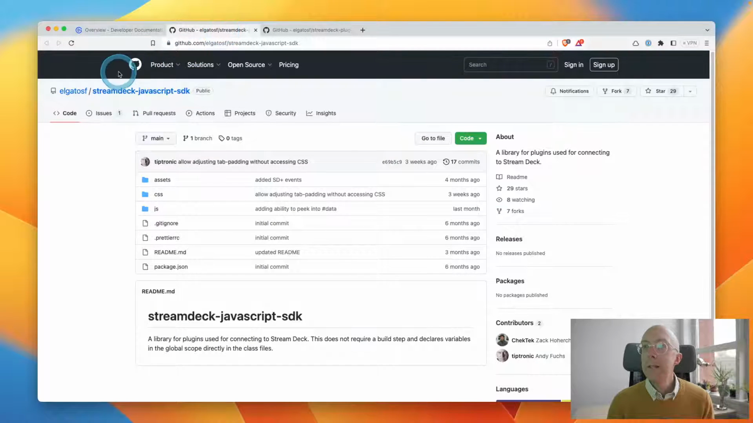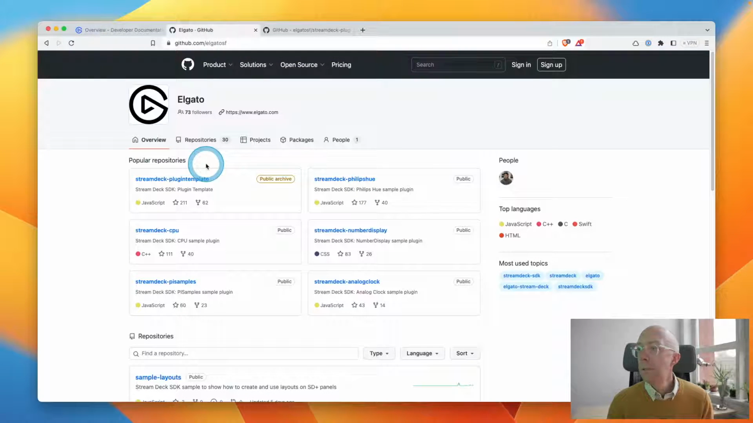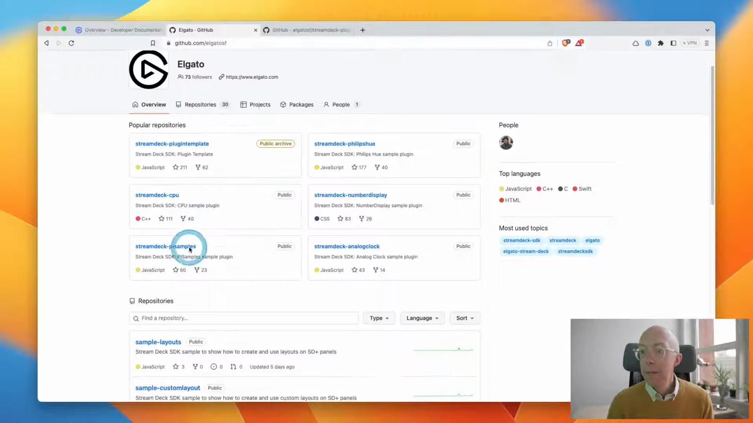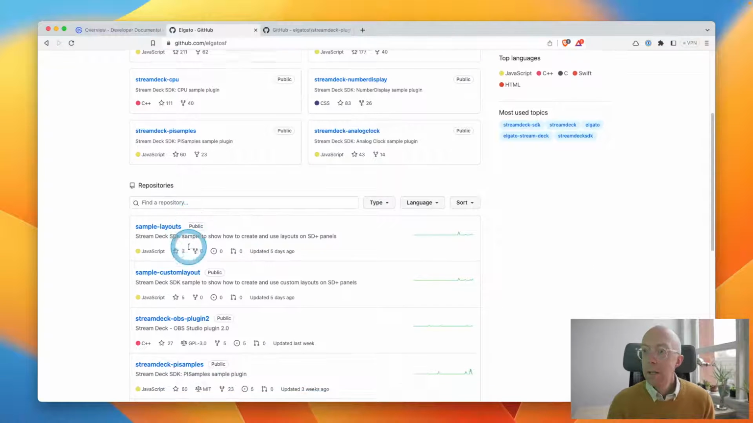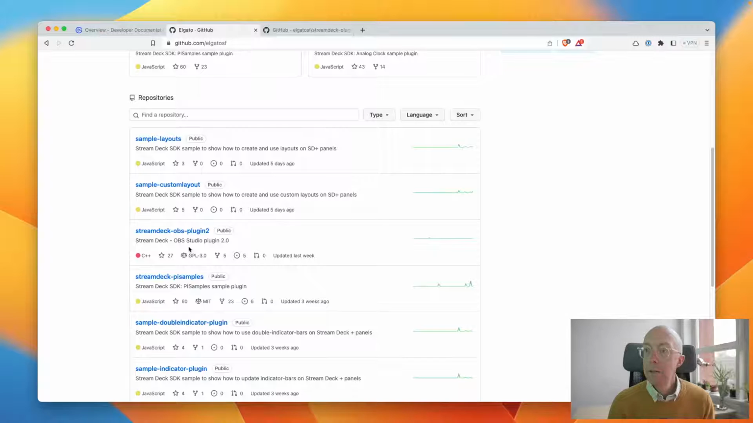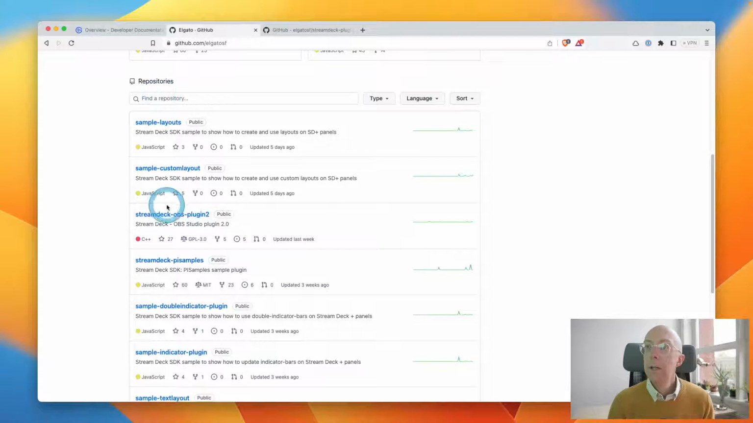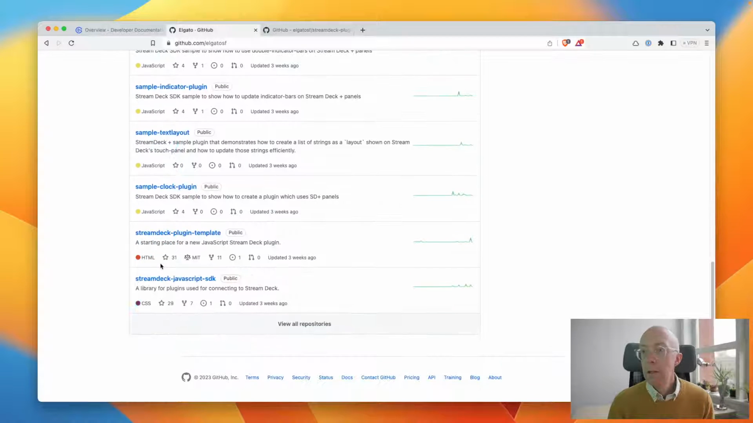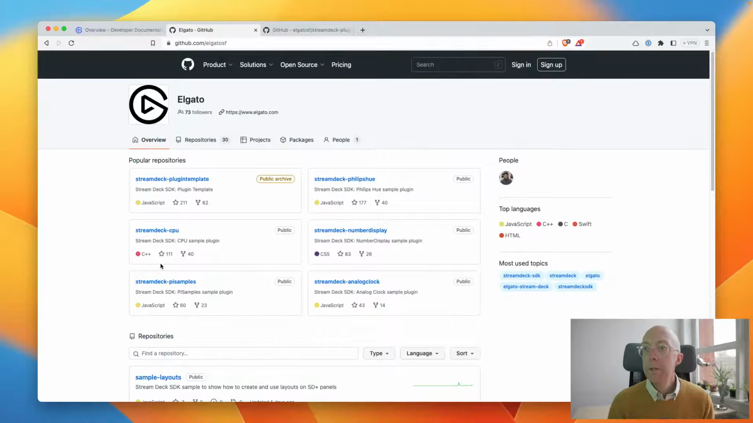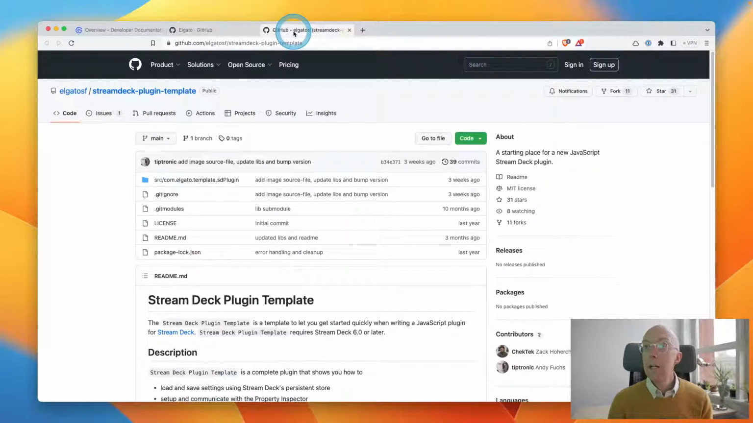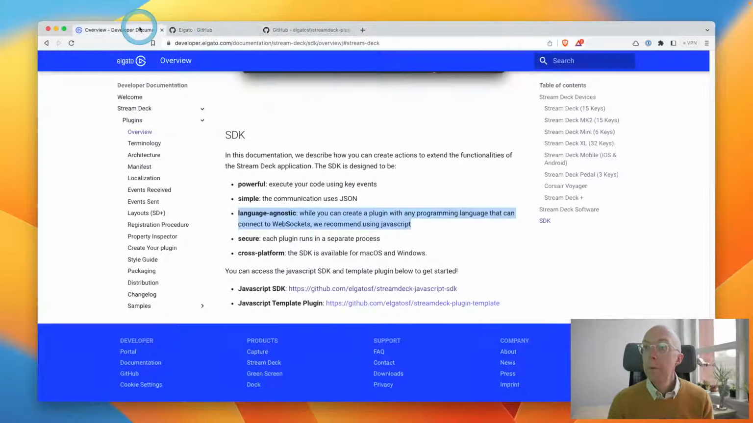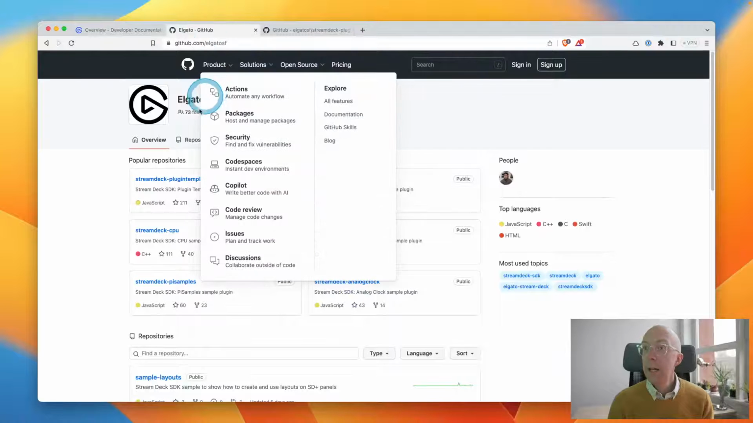So this is the SDK. I don't honestly think they have any others. Oh, maybe here's their other plugins. Well, there's the OBS one, I think. So it is here. There we go. Plugin template. So JavaScript is the only official one, I guess. And here is a template. So I don't know what we need to do next. Do we just go to the SDK, or